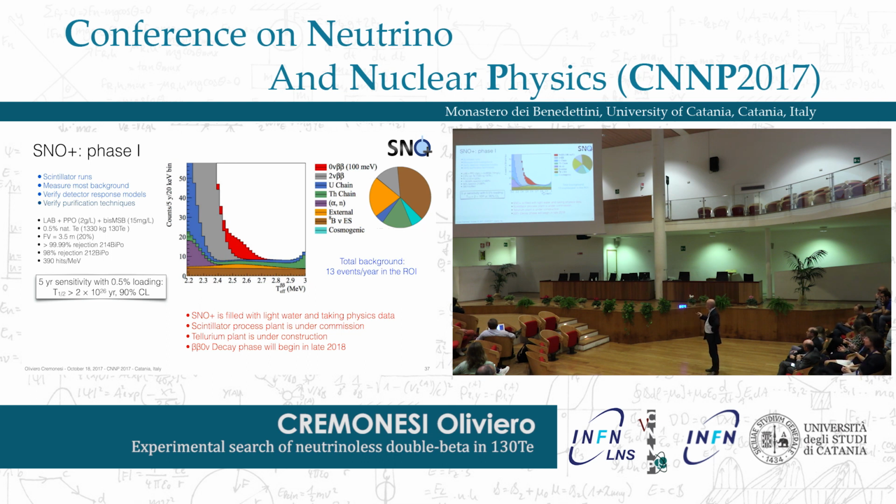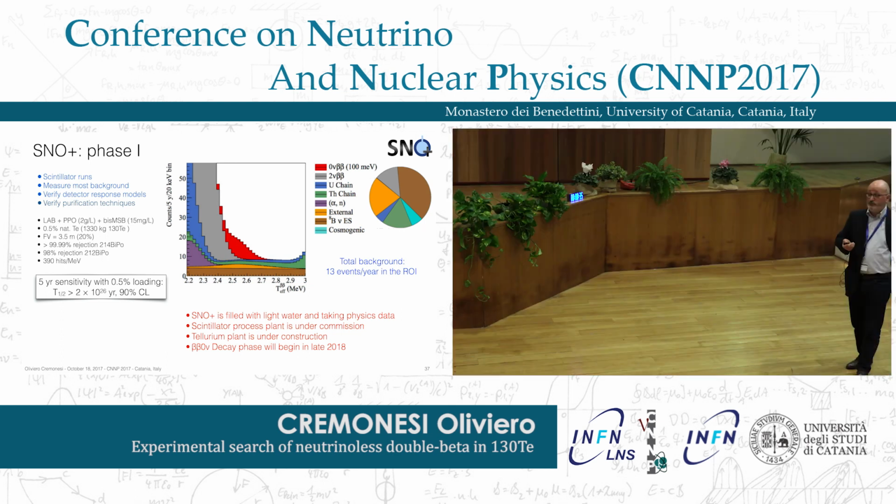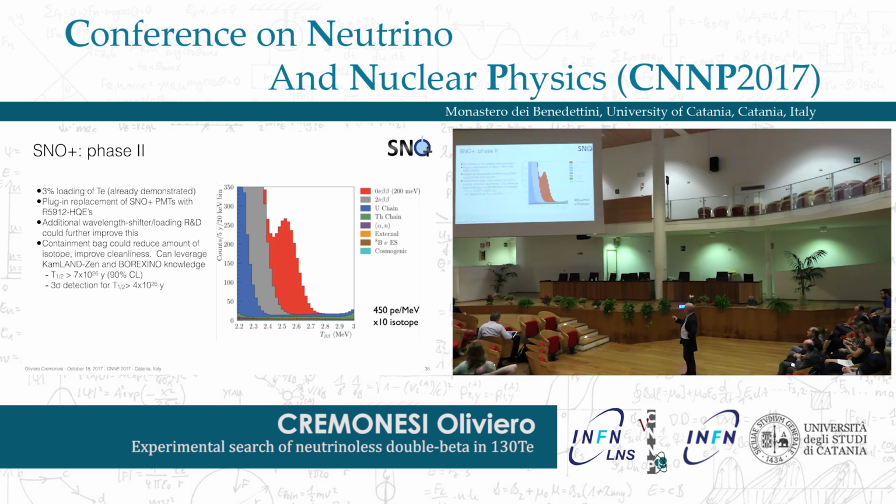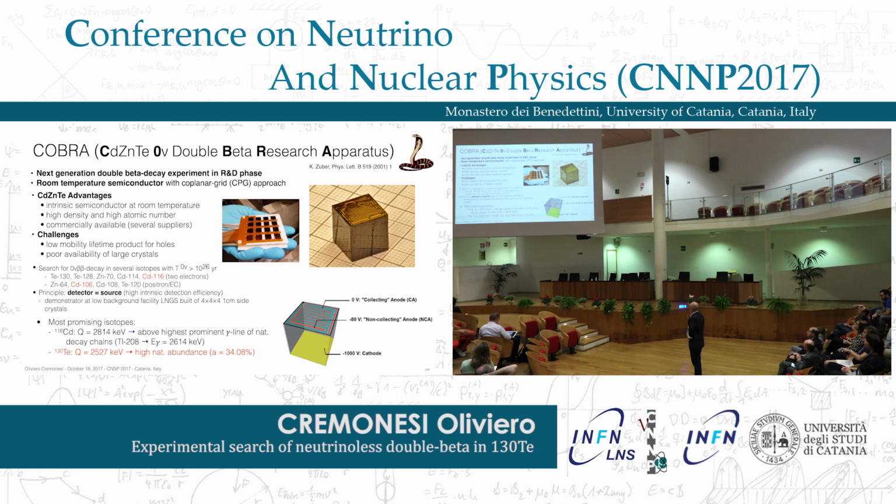These expectations on the background were shown on many occasions. Let me only point out that the most dominant contribution comes from the 2 neutrino decay, since the resolution of a scintillator is not so good. Then they intend to go ahead with the second phase, in which they want to bring the loading to 3%. They believe this is possible. There is actually no demonstration of this, but there will be time during the data taking of phase 1.